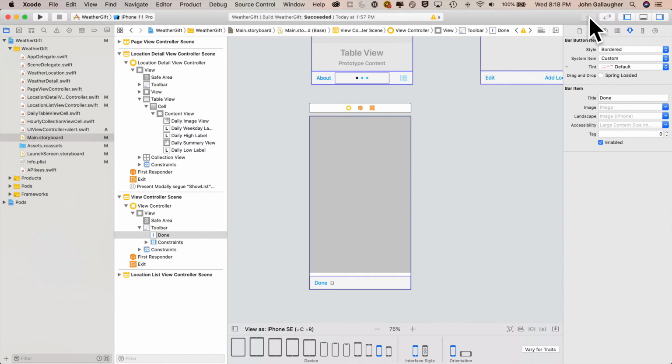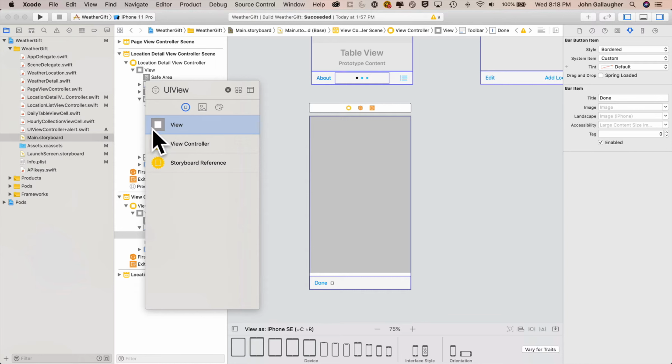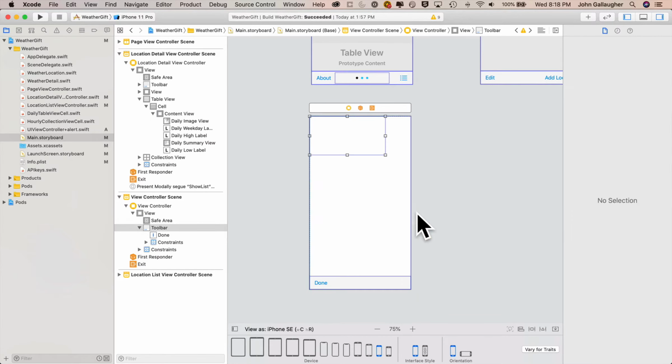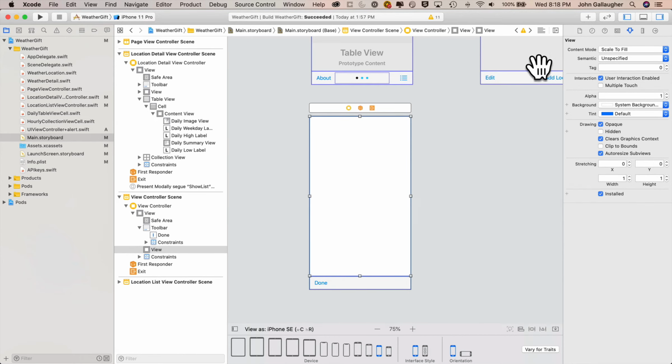All the other interface objects we add in here, I want to use the hybrid technique. So what I'm going to do is click on Library and search for UI view and then drag that view over. Then constrain this to 0, 0, 0, and 0. These should all be linked to the safe area. I can click Add for Constraints, and then I can put all of my remaining UI objects inside and use